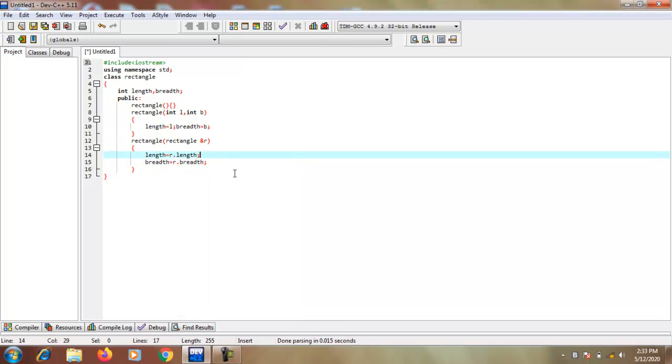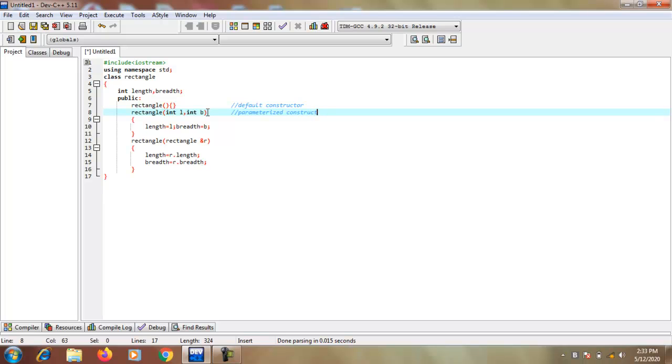So here first I declare the default constructor, then I use the parameterized constructor, and then the copy constructor.